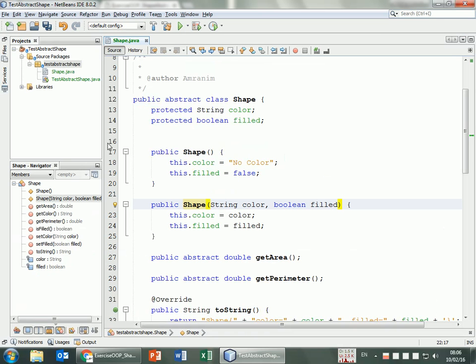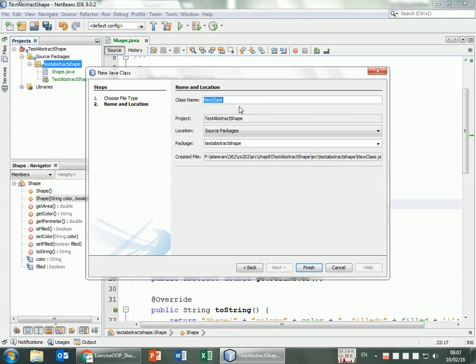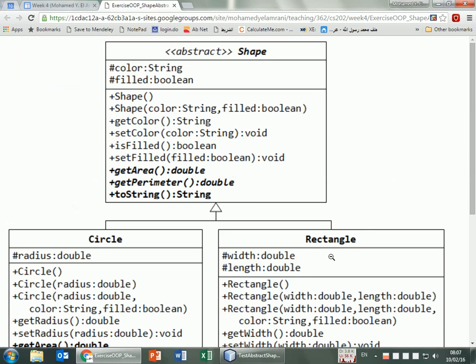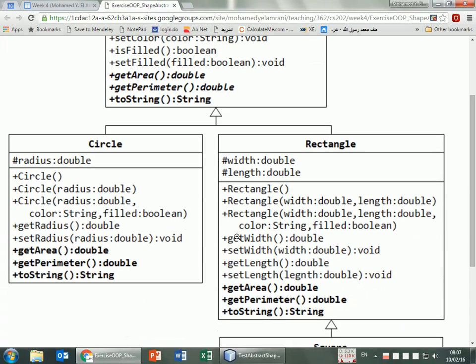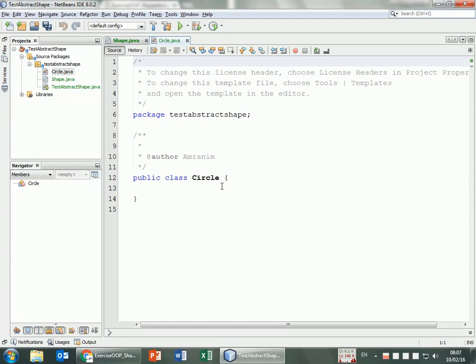Okay. Now I'm going to be adding the new class. Which one would you like to start with? Rectangle or circle? Circle. So circle